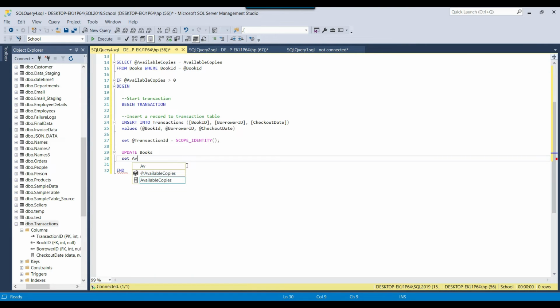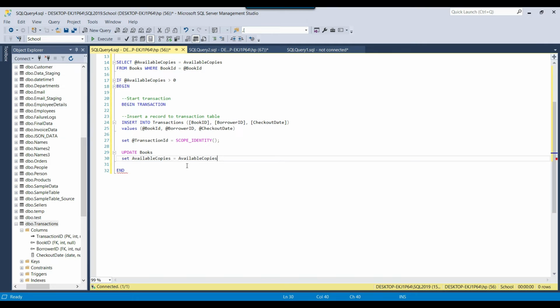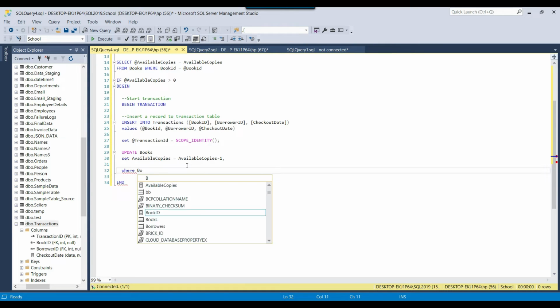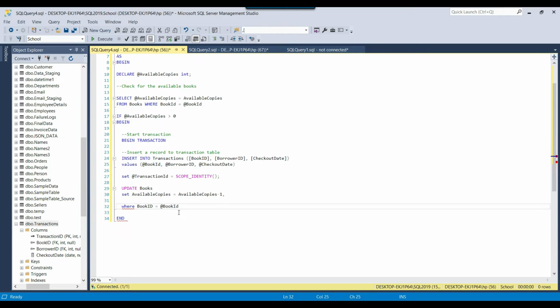I can write available copies equal to available copies - 1. We will update based on the where condition, where book ID equal to, and the book ID we are getting from the input parameter, so we can pass this one.